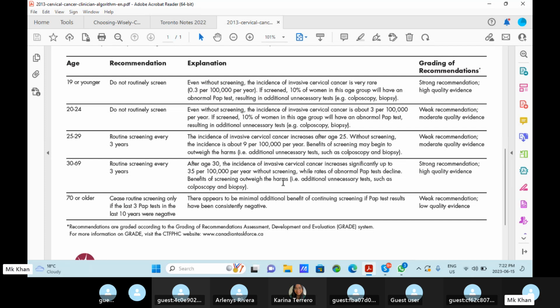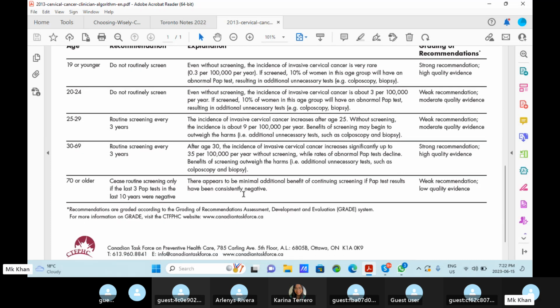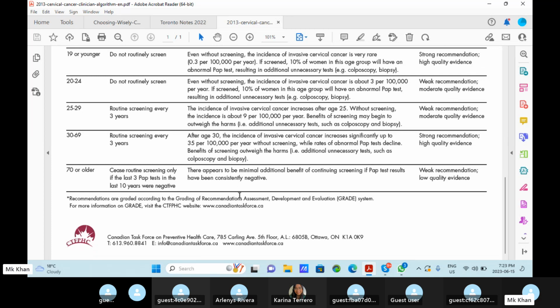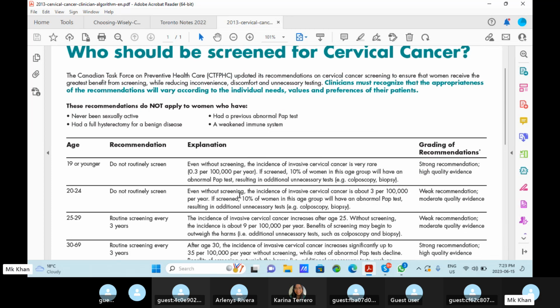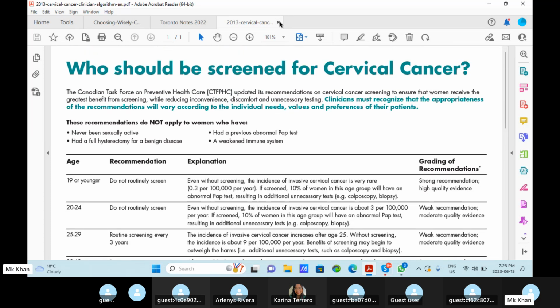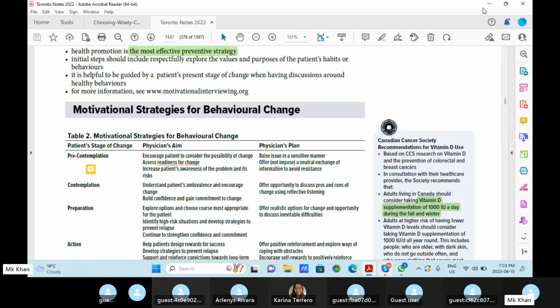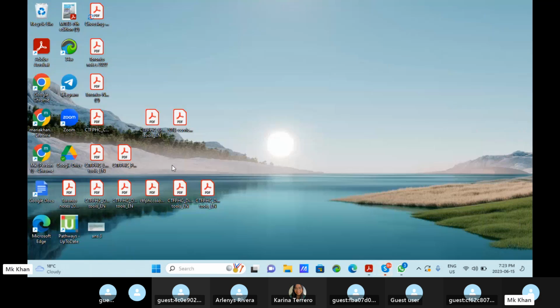Benefits of screening outweigh the harm, so that's why we are also offering HPV testing after age 30. And then 70 or older, as we have already read, ceases routine screening only if the last three PAP tests in the last 10 years were negative. So this is the criteria to stop the screening. This is basically all the recommendations for cervical screening. And then the next one was